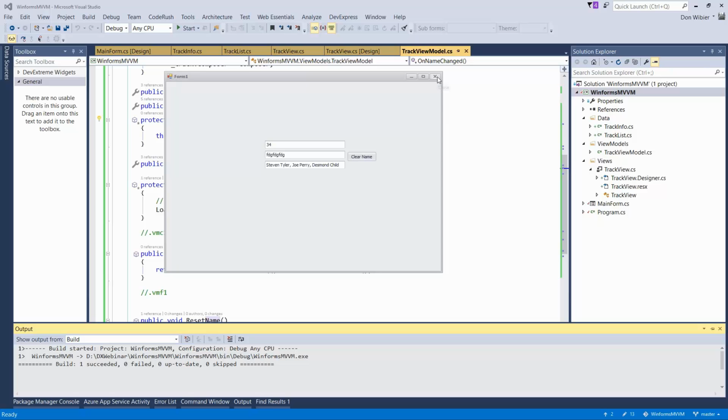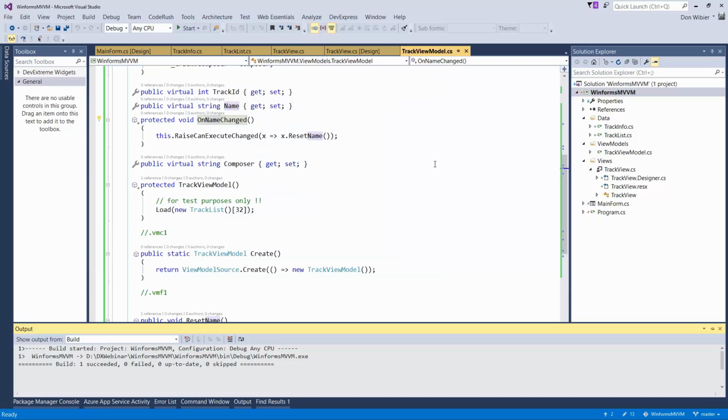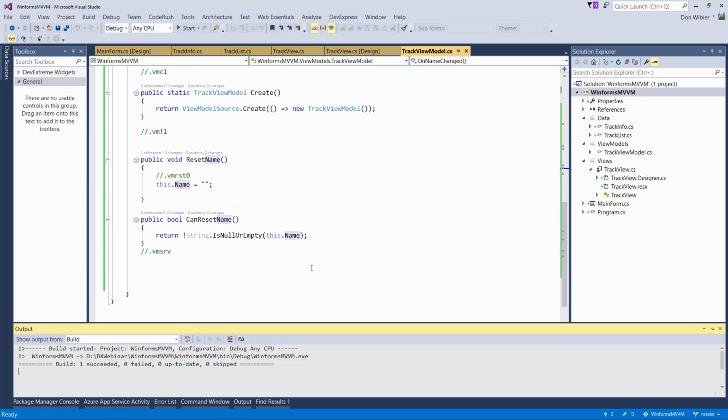But let's make it a bit more interesting, because I want to have a confirmation. If I hit that button, I want to have a confirmation like, are you sure you want to delete that name? So for that, we're going to introduce another aspect of the MVVM pattern, and that is a so-called service. Because we could pop something up here which shows a dialog or something, but that would not be cool, because then we are dealing directly with the UI, and that is something that we don't want in the view model. So for that, we're going to introduce a service, and the MVVM framework comes with a whole bunch